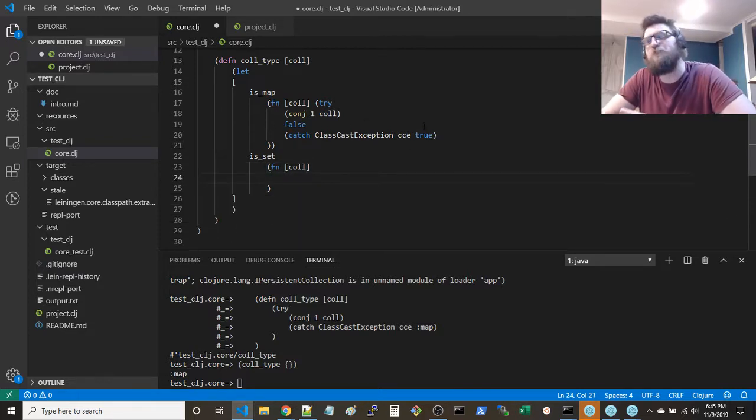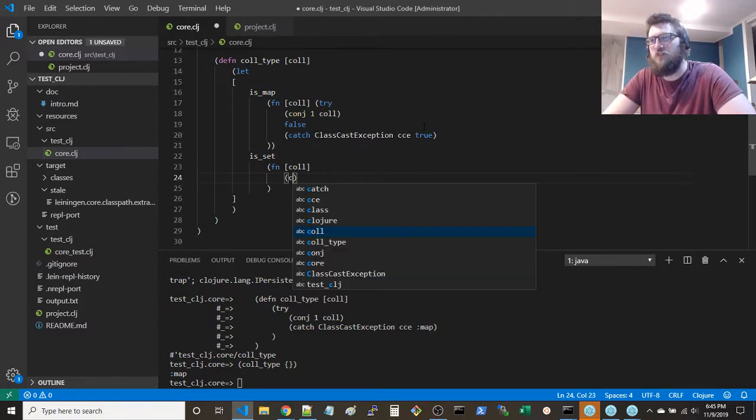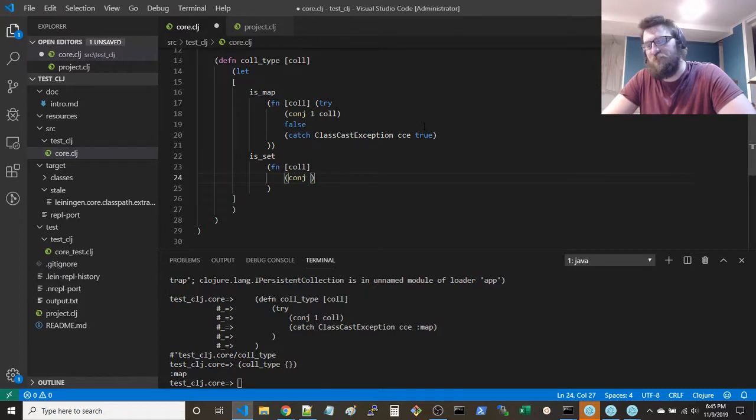We'll say it's a set when, we know it's a set when we say, okay, conjoin 1 to the collection, and you will say if this is equal to, if the size, if map count to conjoin 1 and conjoin 2.